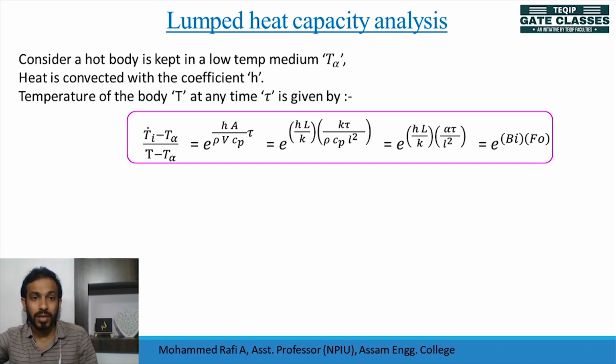Always remember this ratio is (Ti minus T infinity), the initial temperature difference, divided by (T minus T infinity), equal to e to the power hA by rho V Cp, a constant, into time. In here, instead of hA by rho V Cp, I am playing with area and volume. I can write volume as L into A, right? So I am replacing that thing,